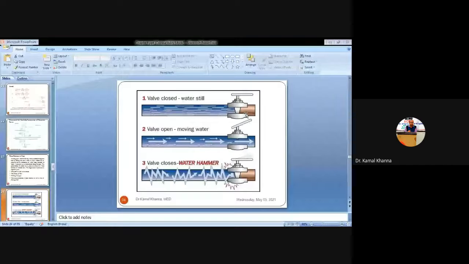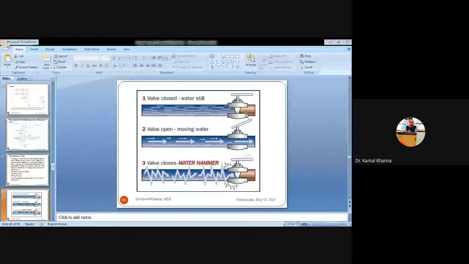So you can see, as soon as you have suddenly destroyed the momentum in the pipe, there is a sudden rise in the pressure, and the water will travel in the backward direction in the form of a pressure wave along the length of the pipe, causing some noise. That noise that occurs due to the travel of the pressure wave backward in the pipeline is known as knocking, the noise that is created whenever the momentum is destroyed. And the sudden rise of the pressure